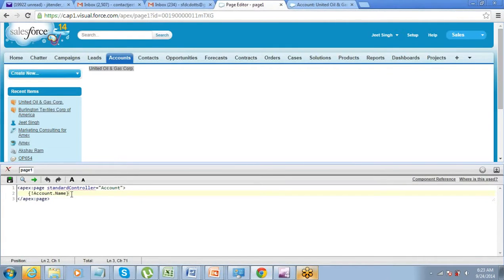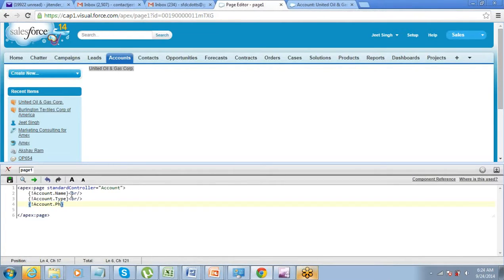Now here, if you want to display some other data of this record, let's put a line break and say account dot type. So this should be the object name dot field name.